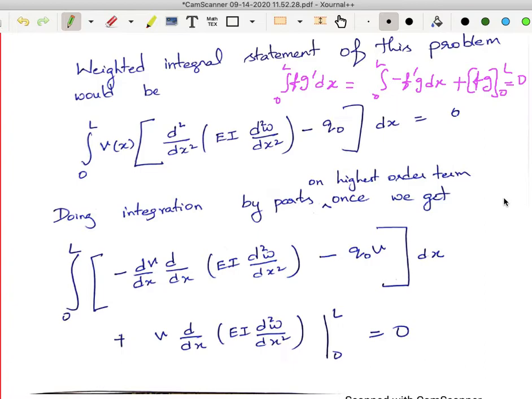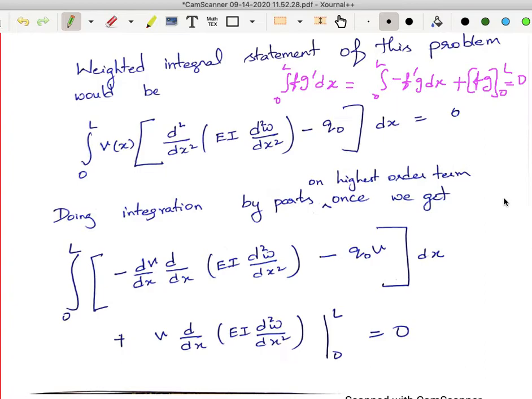Okay, now what is the form in which the weight function appears in the boundary term? Up till now it appears as v. So one of the primary variables is going to be w. Whatever is the weight function, you replace that with the primary, means field variable, you get the primary variable. So here it is w, and whenever you impose a primary variable on the boundary, that will be the essential boundary condition. Now in this problem, at x equal to 0, w is equal to 0.